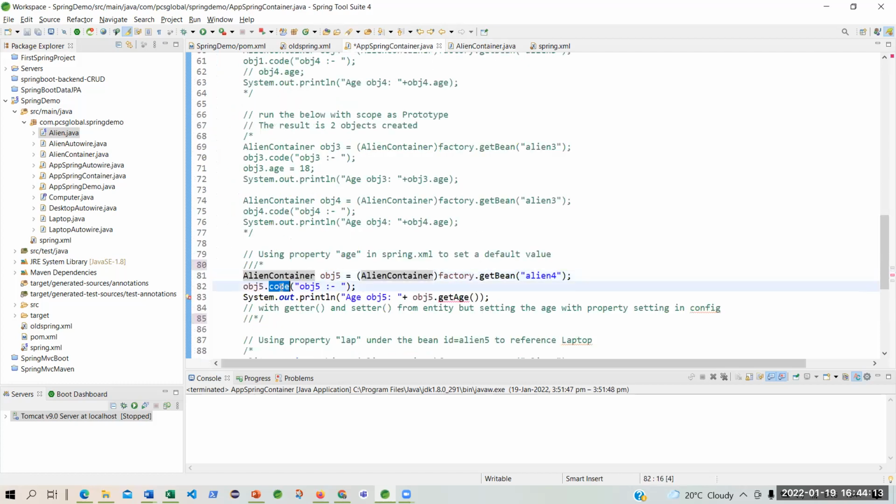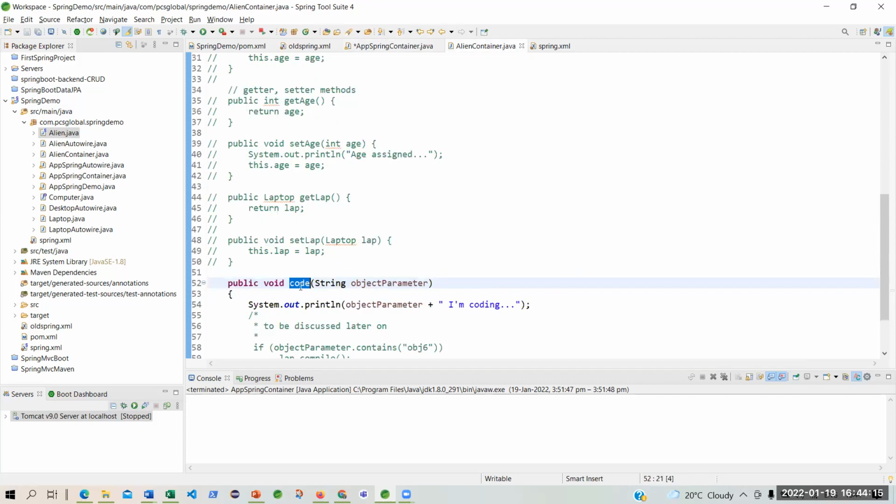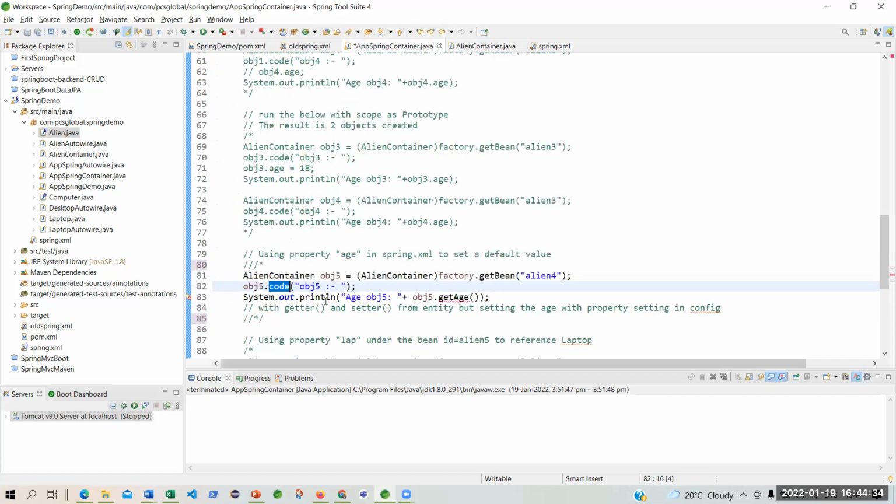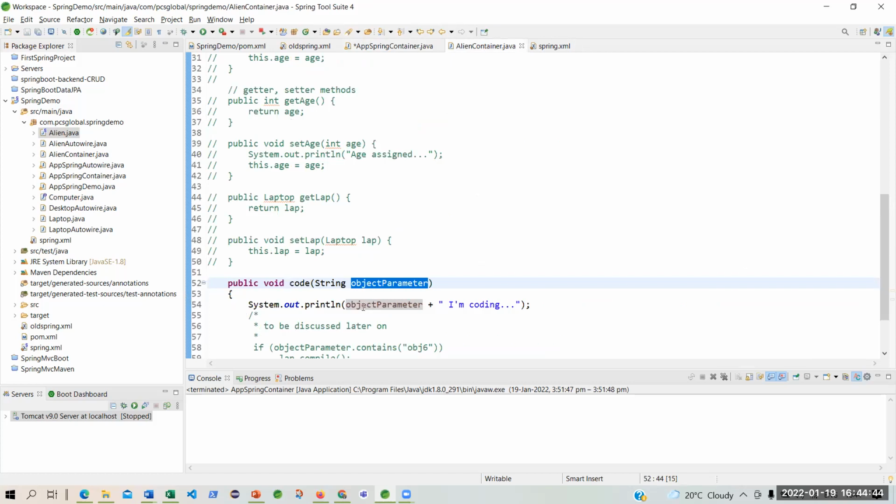So obj5.code. The code is a method within the align container, and that code is a parameterized method, because I'm sending one parameter, one argument. And there I'm giving this message only. This is a message, this is a string. The parameter is a string type.